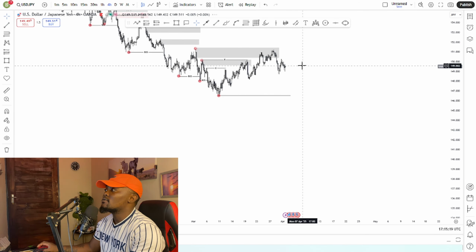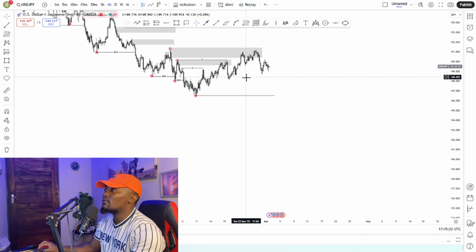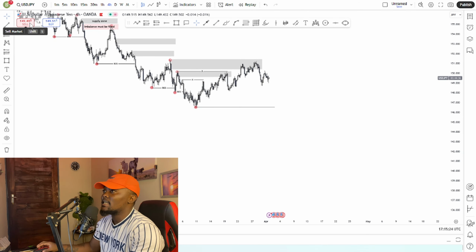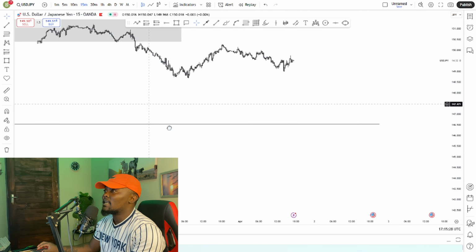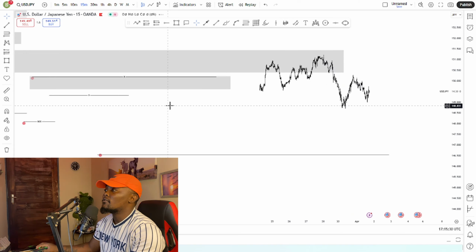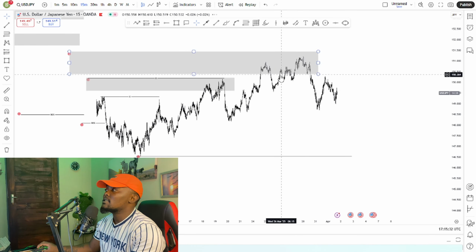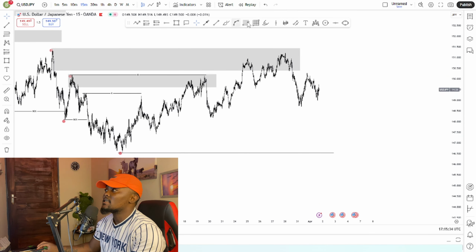So I'm just waiting to see if we can continue pushing down, just because we broke some structure areas, guys. So moving over to the 15-minute, that is where we decided to look for our entry confirmations, guys. So as you can see from this point here, we had this structure here, we had this low, higher